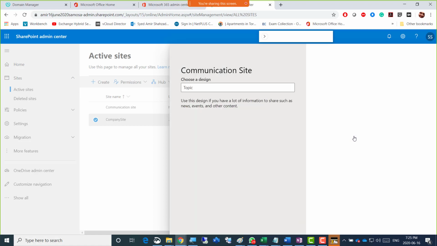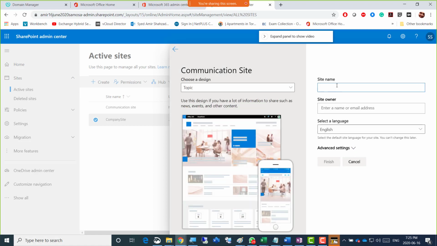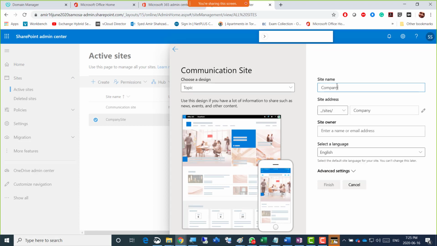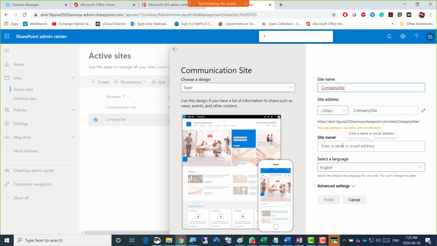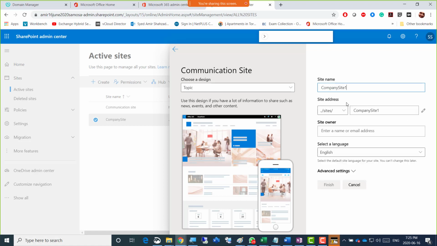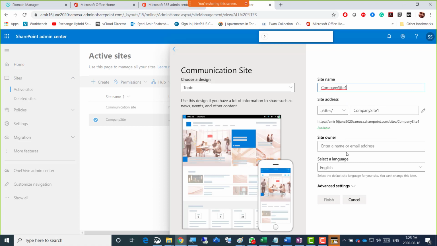When you choose the communication site, just go for company site. That's what we wrote there. In my case, I'm just gonna type 1 here, but I'm not gonna actually create that. Then just type in the site owner as admin, or whatever you named the user. Just put that username there, and it pops up here, and just select it.